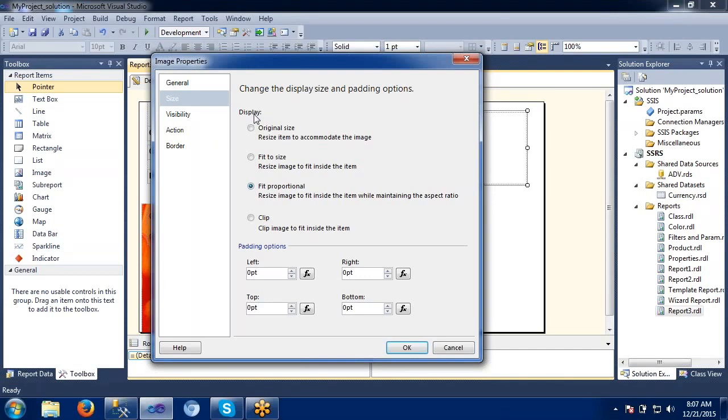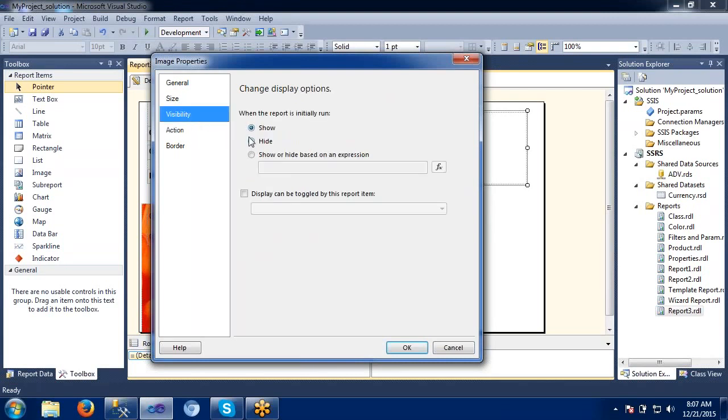Because our website or report will have some fixed size and length. On top of that we will have very little space, and in that space only we have to fix our logo. So in that case we will be using all these options.